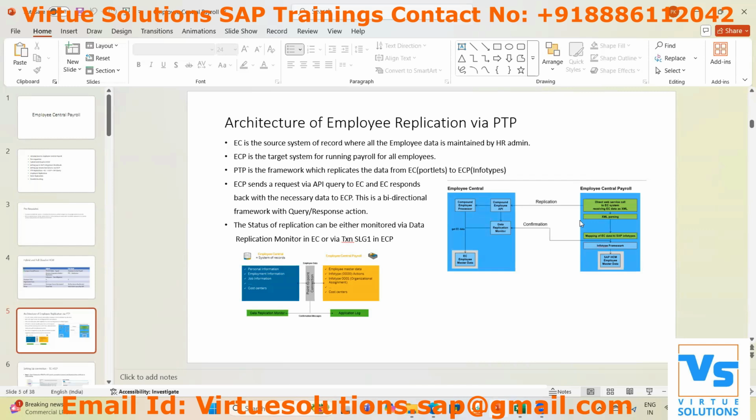So when I run an extraction program here, that means I'm requesting EC to provide me the information on some employee number which I want to replicate. So this becomes a send request. If you understand the send request API, I'm going to send a query from ECP requesting information for some employees. Now EC will accept that query, and based on that query, it will send a confirmation along with the data which is requested by ECP. So this is a bi-directional